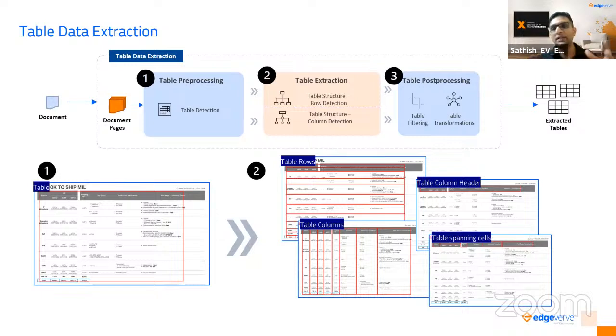While I'll emphasize a lot on table data, the rest I'm giving lesser importance because that was the core of it. Tables came in all forms and shapes. I'll show you some examples in the next slide. We looked at how to identify a table, whether a native model is required, or whether it is a scanned document. Once it is scanned, how do we identify the place where the table is? How do you know which are the rows, which are the columns, and then do the normalization? I'll blow it up one step at a time.